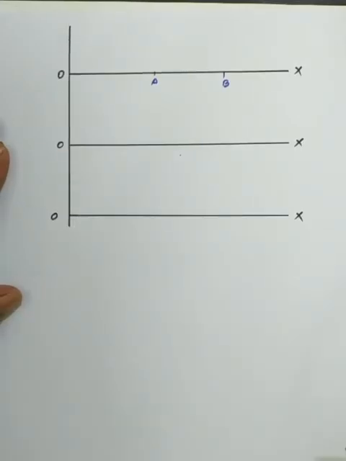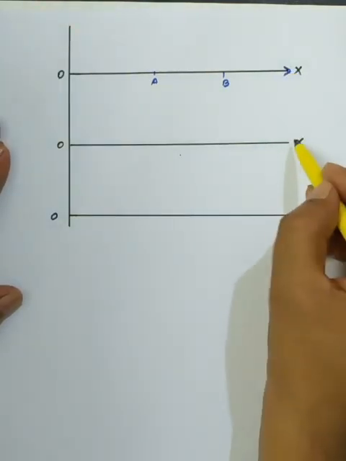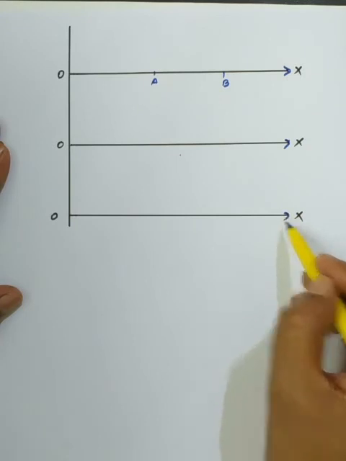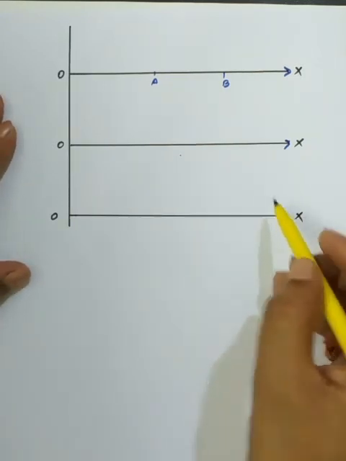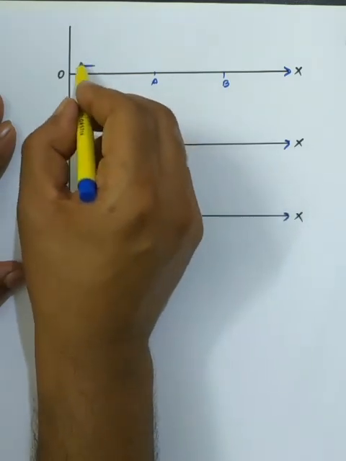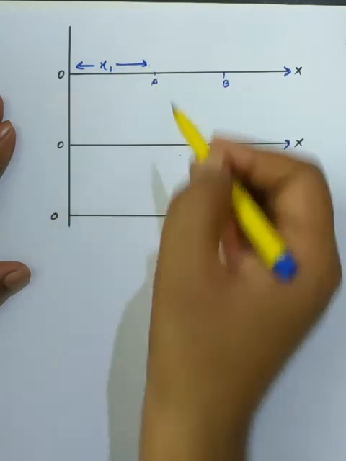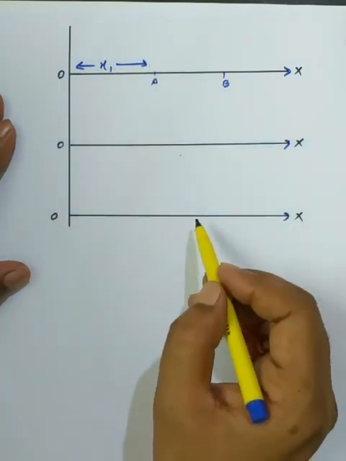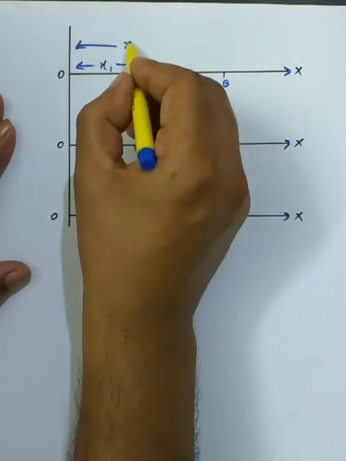So we are representing the motion of an object along a straight line. I have made three portions of graphs here, the representation for the motion. Now I am saying the object is standing at A from the reference point, having the position x1, and after a certain interval of time it is reaching another point, that is called x2.